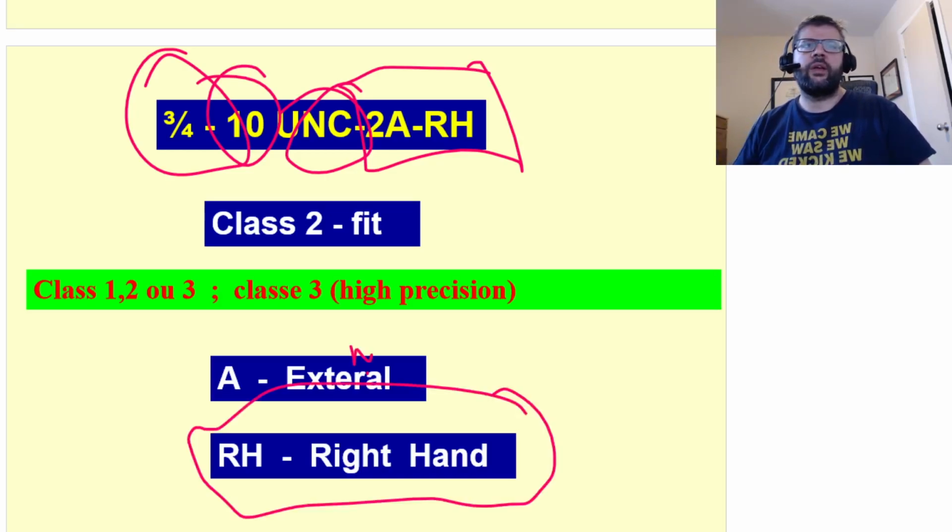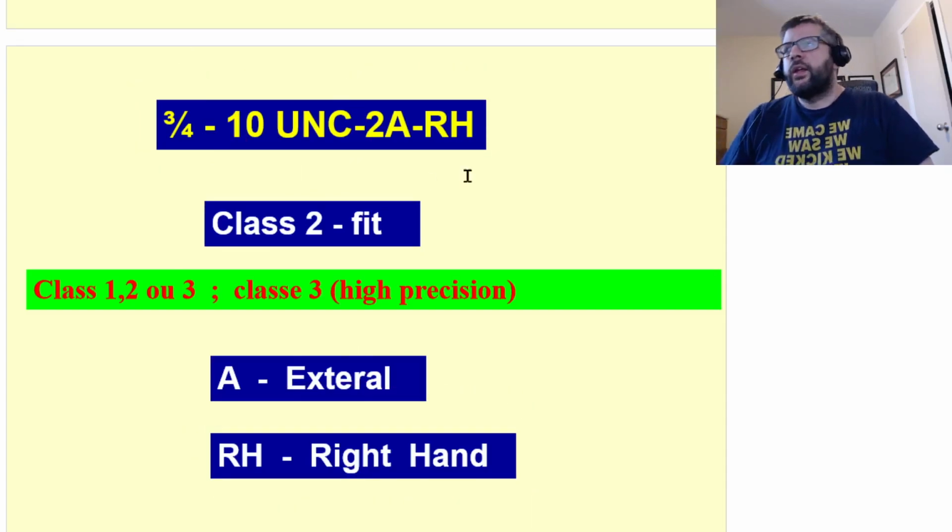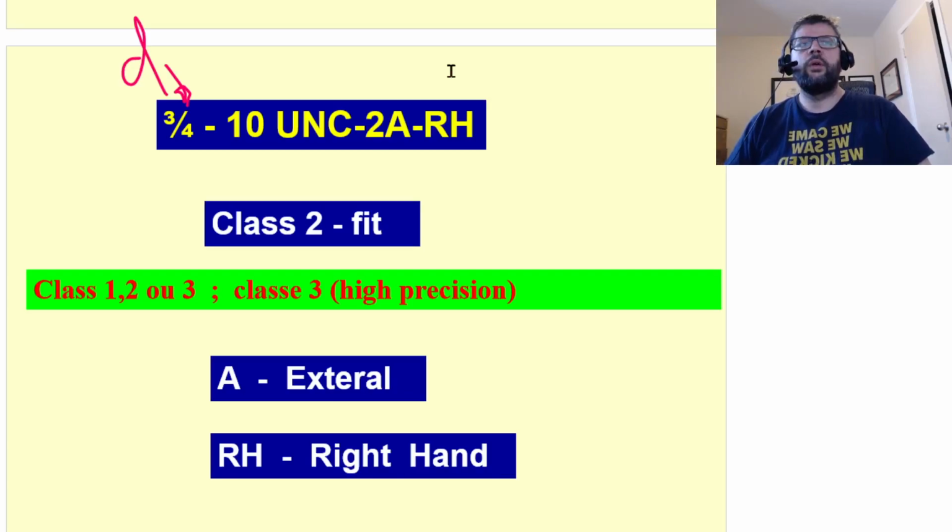So this is a three-quarters of an inch diameter bolt with